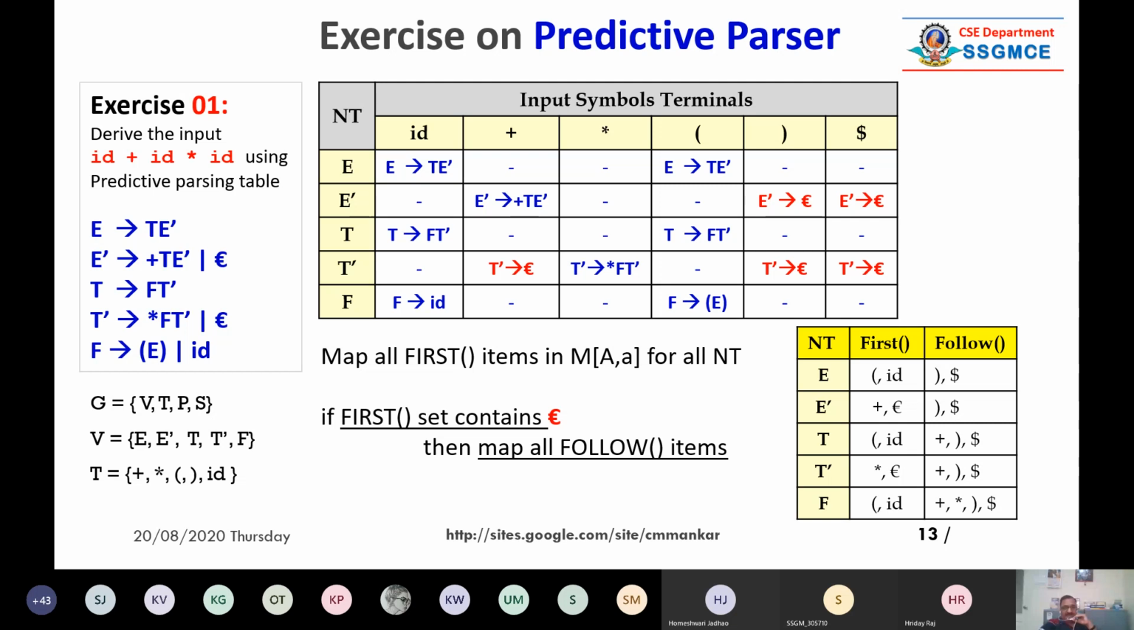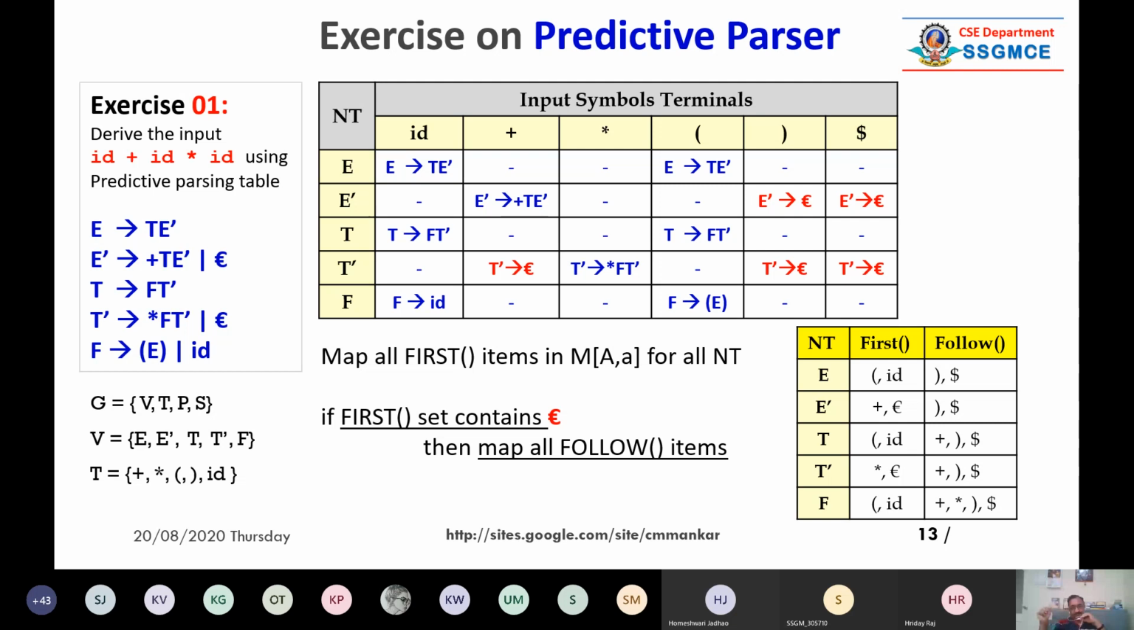In the same way, F is there. So F non-terminal is giving you only two first items and four follow items. But F is not giving you epsilon in the first set. So we are only mapping first items. There is no need to map follow items. So please remember that if the first set contains epsilon symbol, then you have to map all the first items as well as follow items in the table